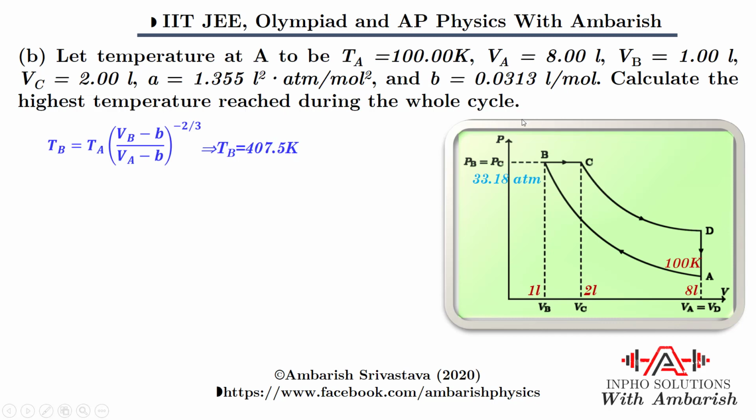Okay. So now let's think, where will the temperature be highest? So you see that from B to C, it's an isobaric heating process, right? So in an isobaric heating process, the temperature increases, right? So C must be hotter than B, right? And C to D is what? C to D is adiabatic expansion, right? So in adiabatic expansion, the temperature goes down. So that means C is hotter than B and C is also hotter than D, right? And D to A, what is happening? D to A is isochoric cooling. So again, A is colder than D. So the hottest point is C.